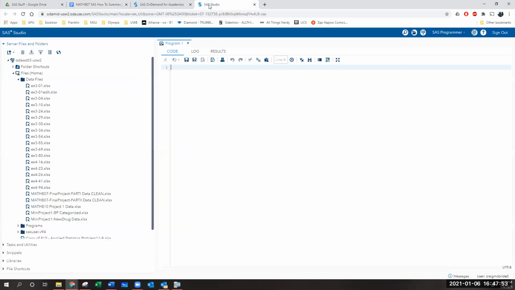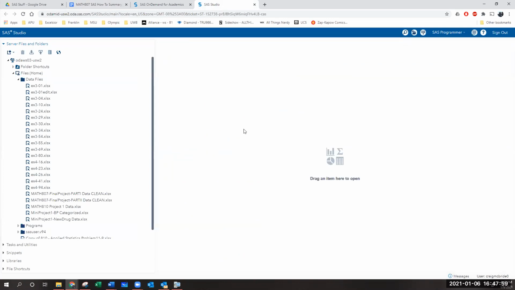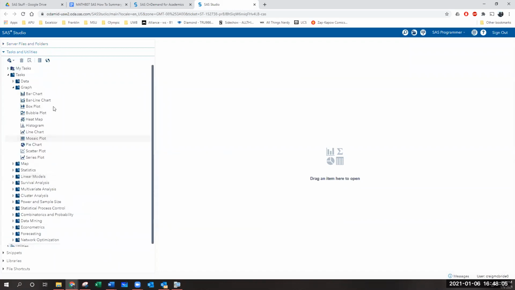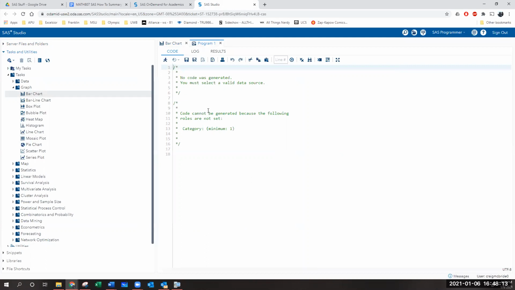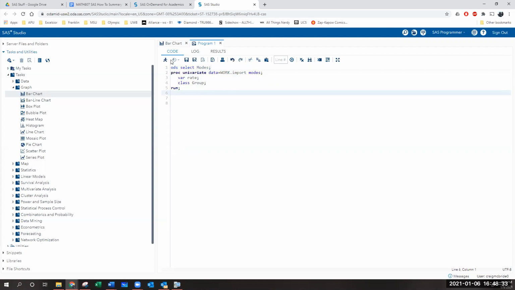But that basic structure of the program is always the same. So if you want to run any kind of program, what I do is I just open up anything. Then I go over here to where the code is and I just hit edit. It gives me a copy of what that code was, which is usually just a bunch of words that mean nothing. But it now calls it program 1, and now it's editable and you can do whatever you want with it. The first thing I do is get rid of everything and put in my code.